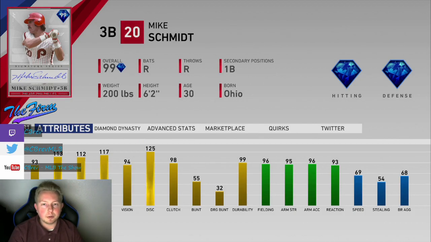So, as always, we'll rate the card how he rates in the meta, and we'll rate him compared to how much he costs. How he rates in the meta, I'll give him an A. Without a doubt, a tier 1 third baseman, someone you could plug in your lineup, someone that could be classified as end game. And for the price, I'll give him an A as well, because $90K for an end game third baseman